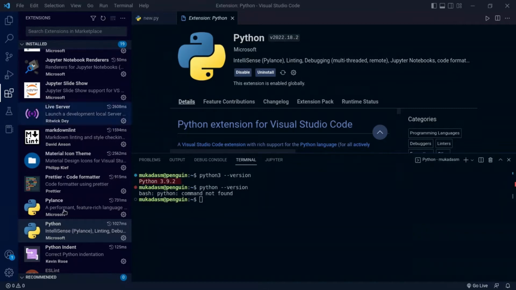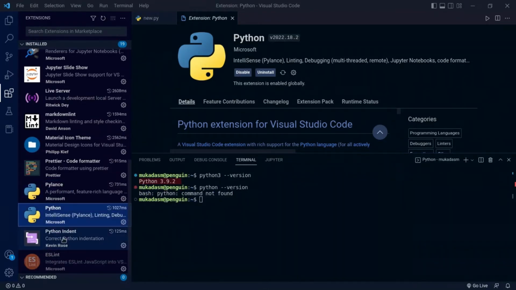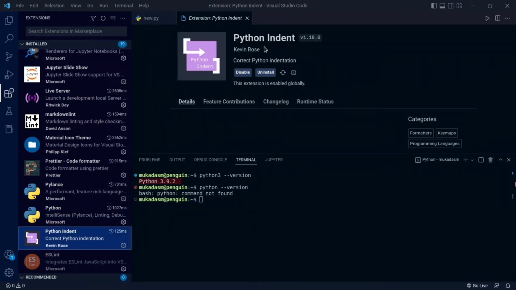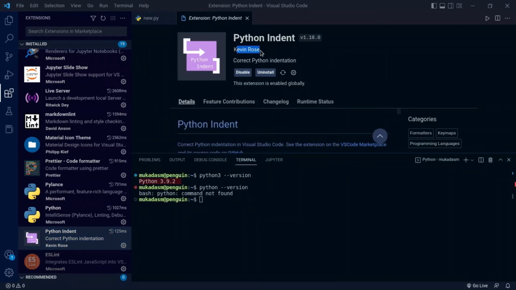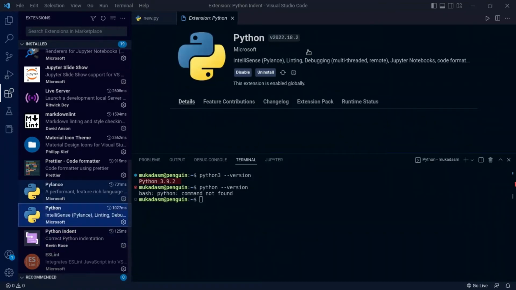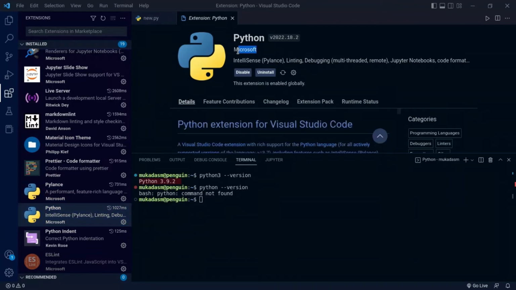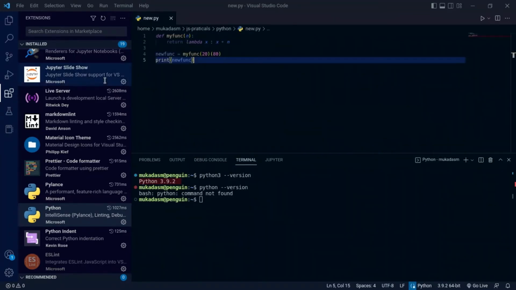And as a bonus, I found this extension too, which is Python Indent. This fixes all your indentation problems, so auto indentation and all of that, you get with this extension. Python Indent by Kevin Rose. You can install this. This is optional, but the Microsoft one is necessary to run Python on your Chromebook or your Linux machine. So once this is done, go back to your Python file or wherever